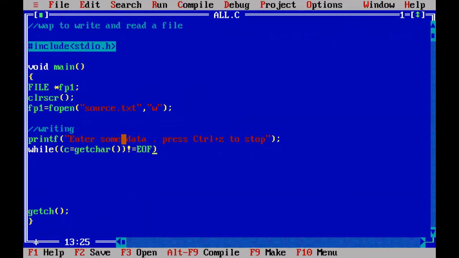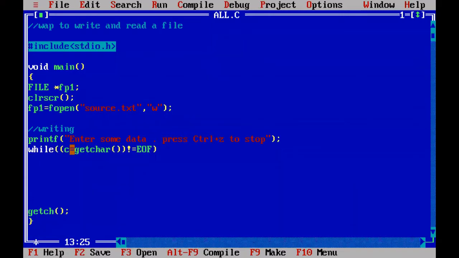That means it will read one character at a time until the end of file character. So who will enter the end of file character? Whenever we press Ctrl Z, the end of file character is captured by getchar, then that is assigned to c. The same end of file character in c is compared with this EOF. So now you see, if the character in c is not equal to EOF, it is false. So whenever you enter the end of file character by Ctrl Z, only then this while loop is terminated.